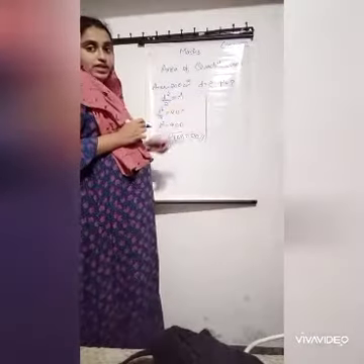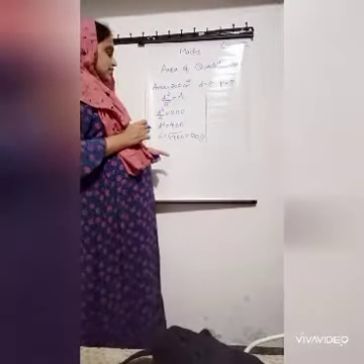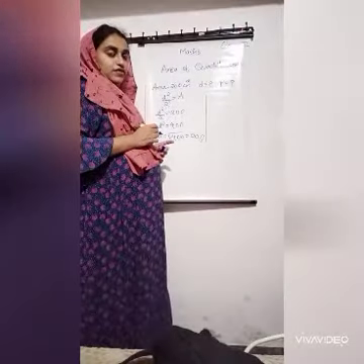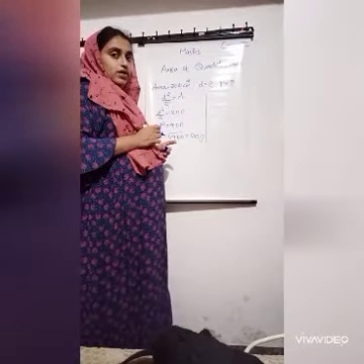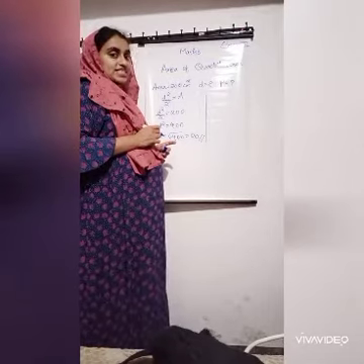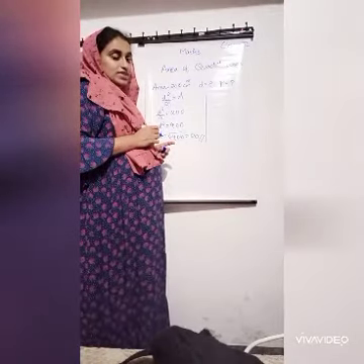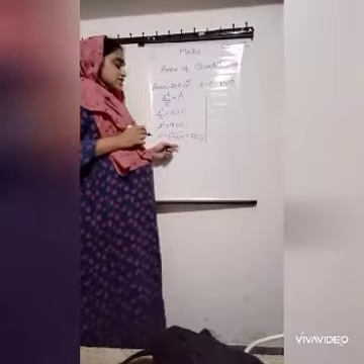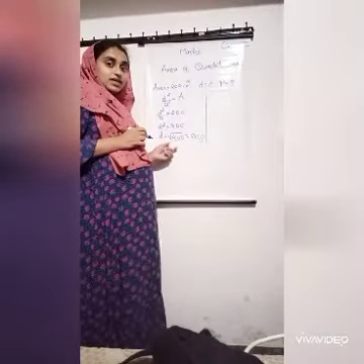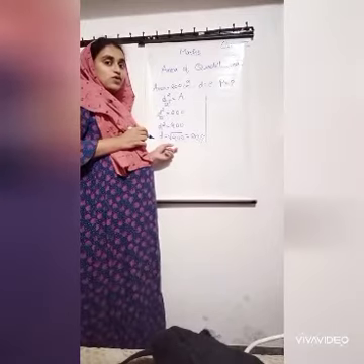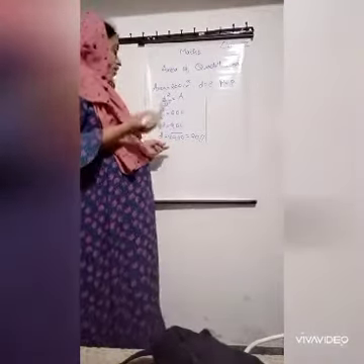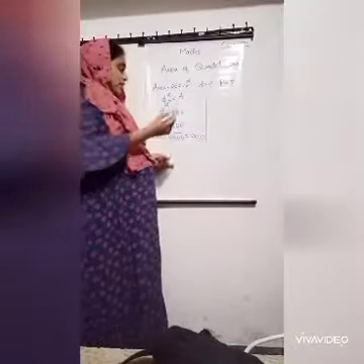What we need to find? Perimeter. How we find the perimeter? What is the equation for finding the perimeter of a square? Excellent answer. Perimeter is equal to 4 into side. First, what is the side here? We don't know. Yes, we don't know what is side. How we find the side?